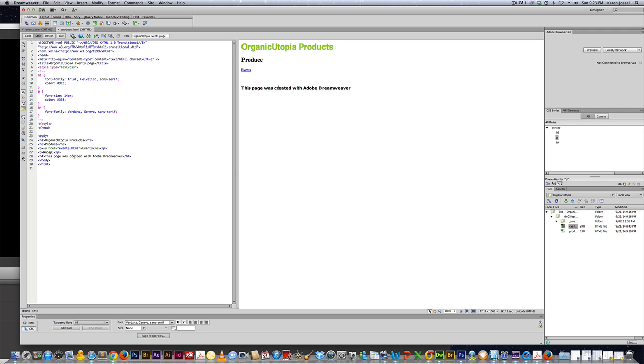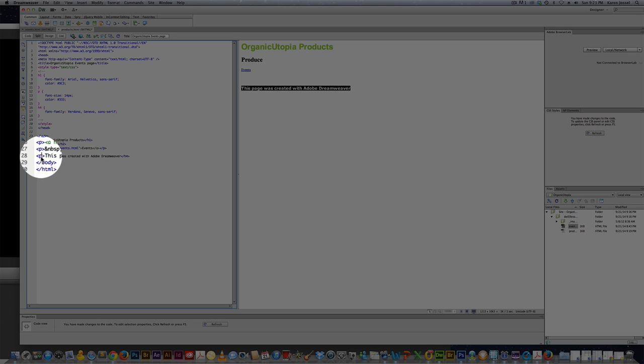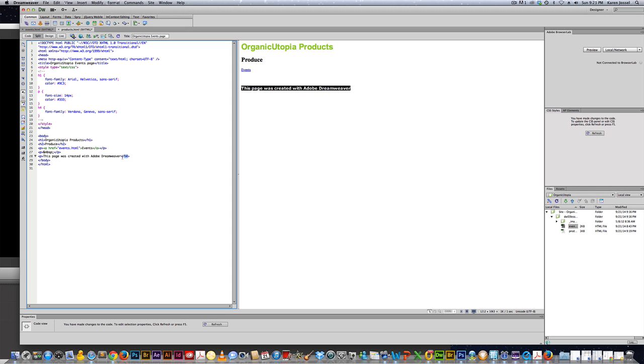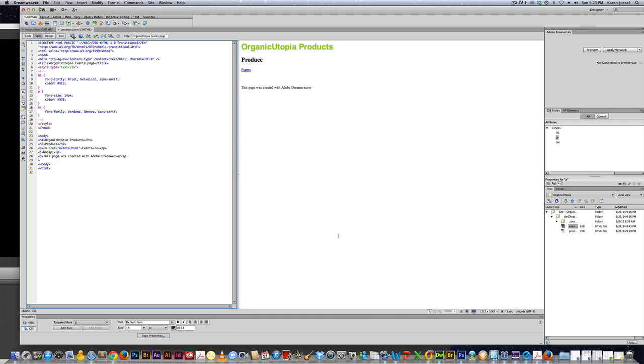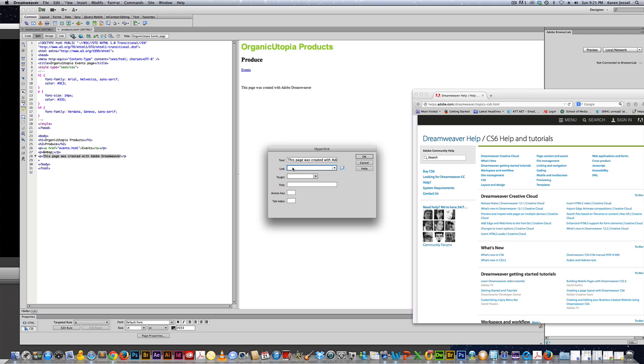Where is it giving me, if I should just put this in a paragraph tag because I don't like the way it looks. And then I might add italics, and I think they do add italics in here. So I'm going to refresh. This page was created with Adobe Dreamweaver. That makes much more sense because we're going to add the copyright symbol,